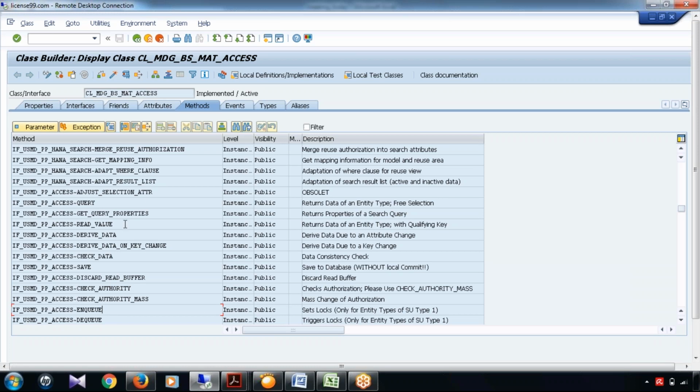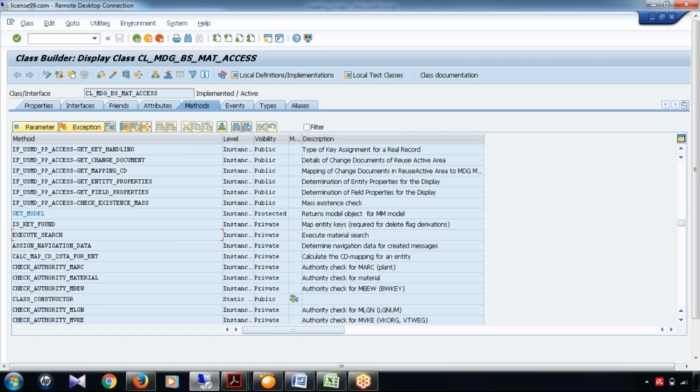Other kind of methods are like derived data. So if I want to do any derive activity while the movement of staging to active area, that also I can perform here. Also we have execute the material search. To perform the material search,